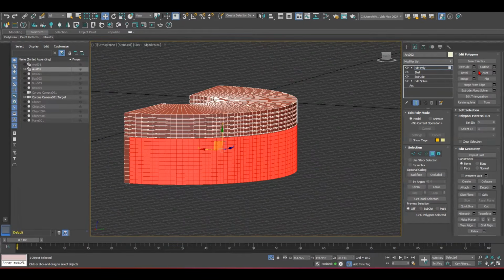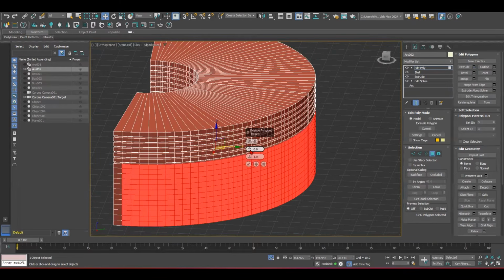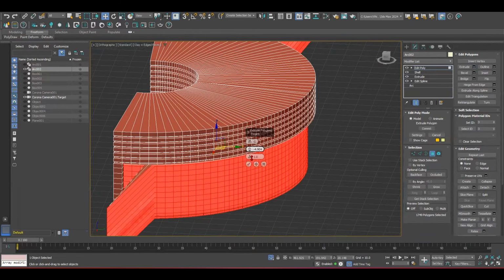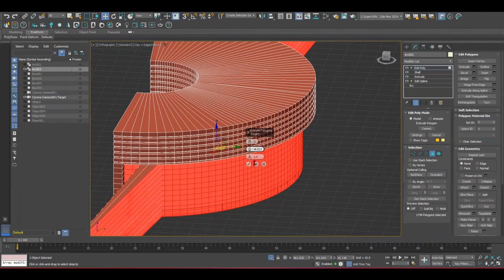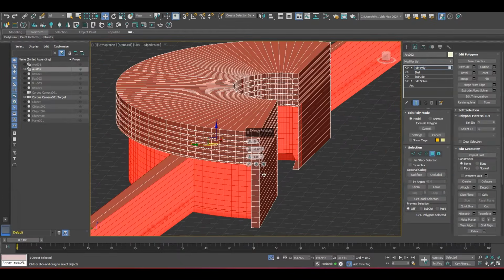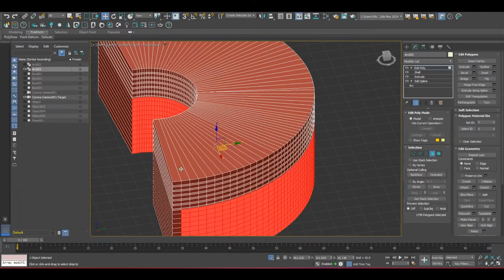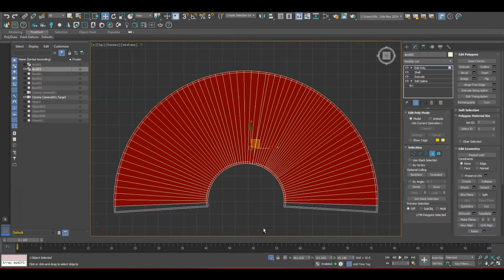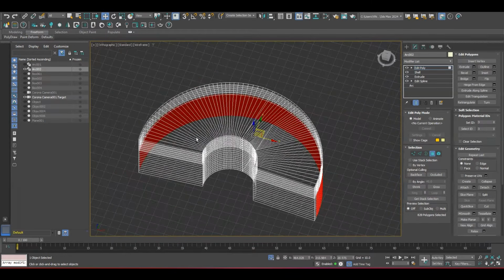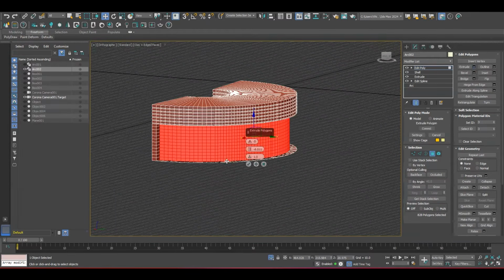So what I can do now is extrude the inside. So now extrude to the inside.